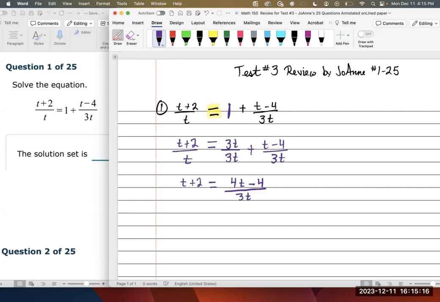Now, I have a fraction on the left. I have a fraction on the right. Quick review. If you have two fractions that are equal to each other, if you multiply both sides by the same thing and reduce, you can end up with AD equals BC. So if you are given this situation,